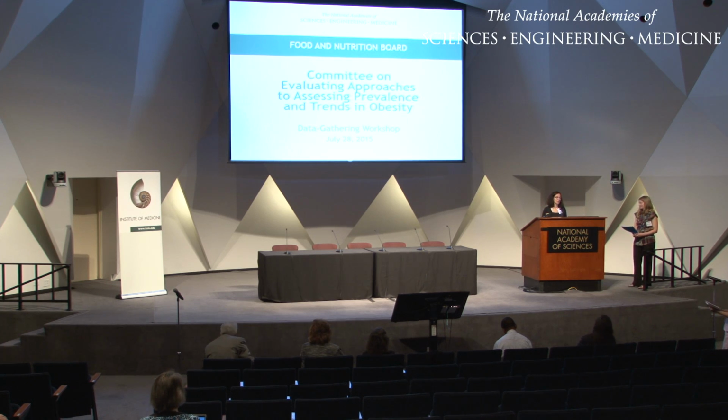Waist circumference, as you probably know, is a challenge in adults to do because people measure in different locations, and in kids it's a bigger challenge because you have the measurement issue, but you also have the issue of the cut point, and then what reference population you're going to use for the cut point. There are many reference populations out there, and I have a great slide that shows a huge difference in the value of the cut point depending on the reference population. So I think it adds more challenge. This is definitely an area worthy of research, and people are doing work, but for overall prevalence and trends, it would be a challenge.